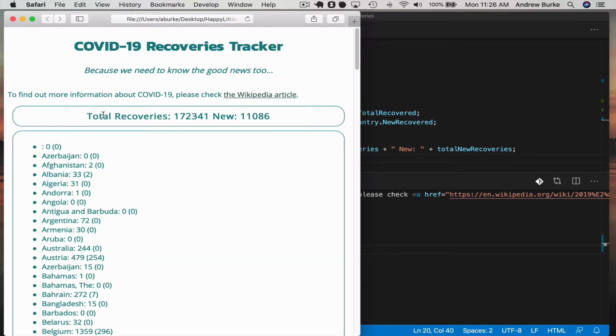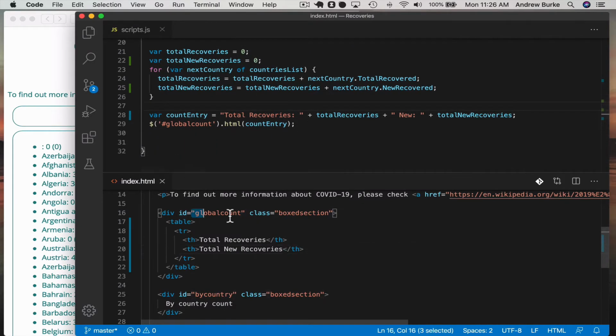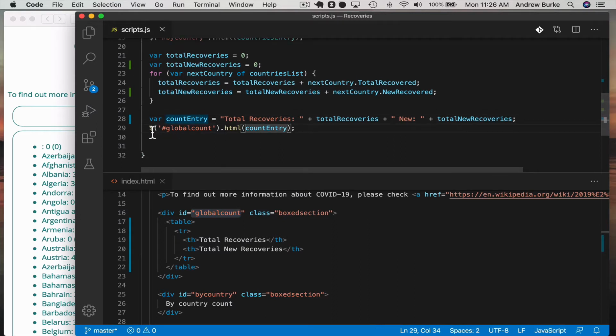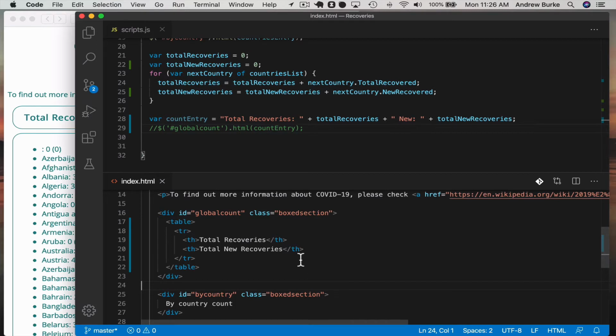Okay, it didn't do anything because this bit here rewrites the whole global count section with the new content. So what we're going to do is just comment this bit out for now. So that's no longer going to actually write the totals yet. We'll get to that in a minute. Okay, so there's our things side by side. And if we roll over, you can sort of see table bits there, which is good. Let's add another row